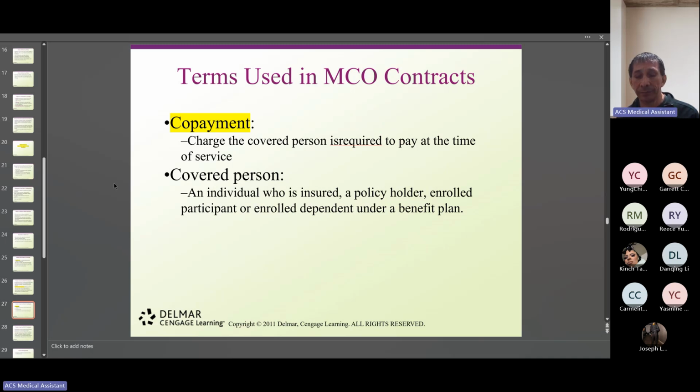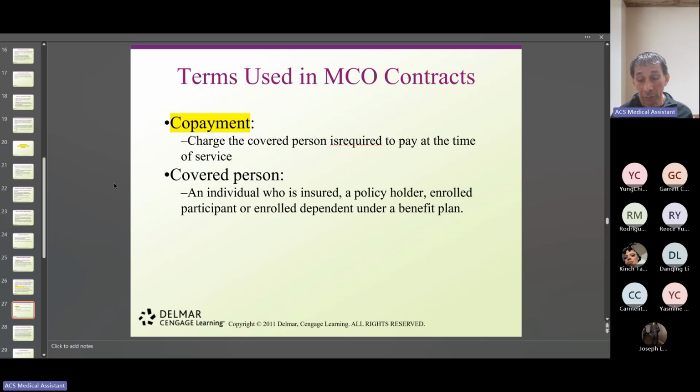All these commercial private insurances have a copayment. Not long ago, Medicaid had a copayment, not anymore, but they used to have one. For some medications, they do charge you a copayment. If you have 2 or 3 medications, they charge you $3, $4, $5, $7, $10, that's it. But we are talking about copayment for the visits. So if you have an HMO, usually you don't have a copayment.